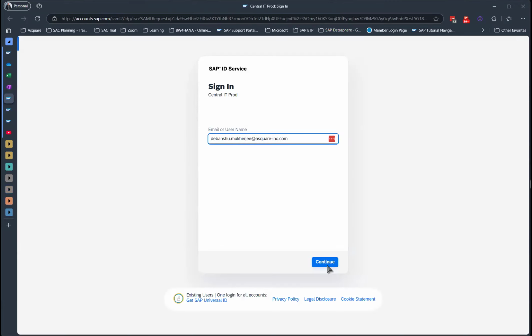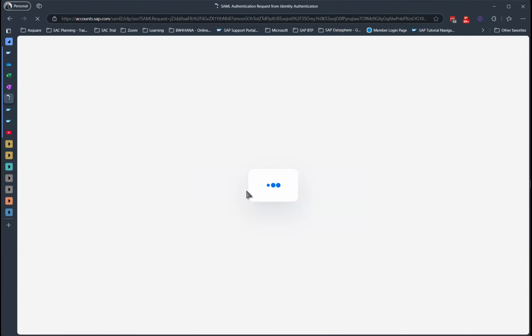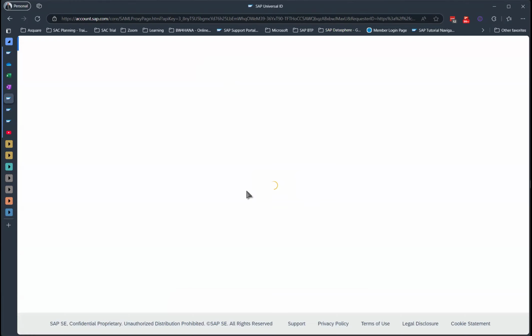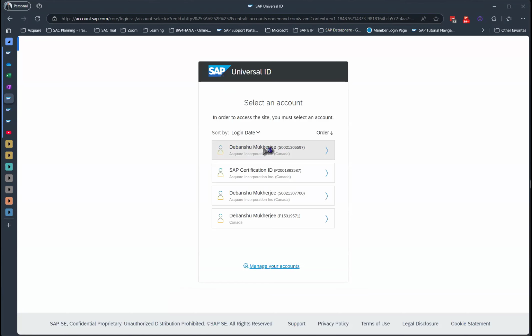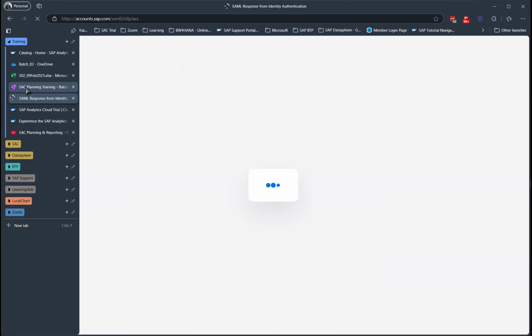On that Roadmap Explorer page, you can see for SAC Q1 in 2025, Q2 2025, Q3 2025. I think it goes to around 1 year in advance, if I'm not wrong. So up to 1 year in advance, you can see what functionalities and features are coming up in your future releases, future QRCs. Okay.